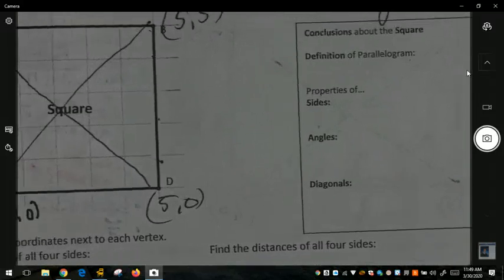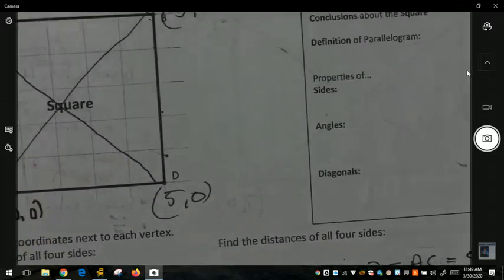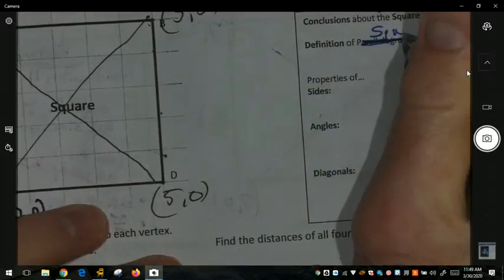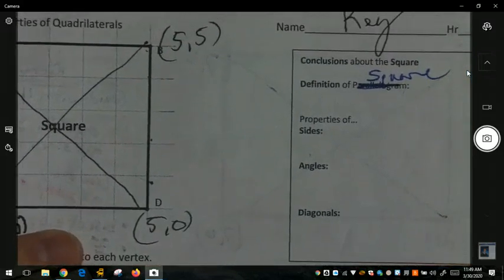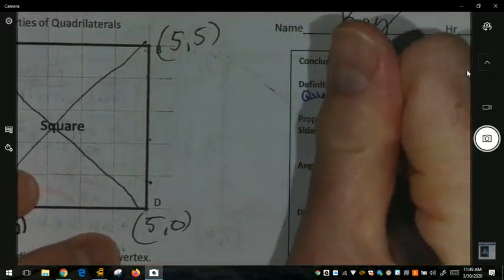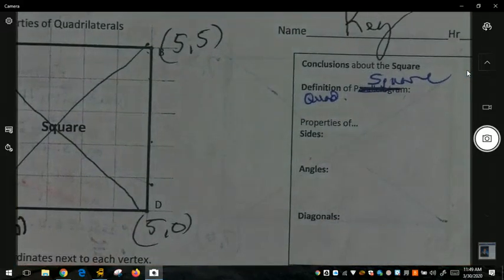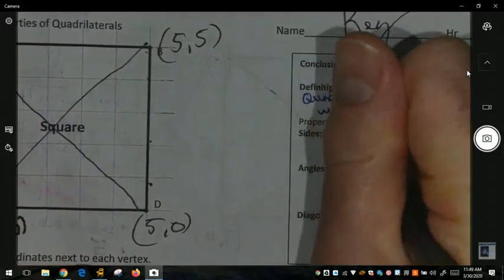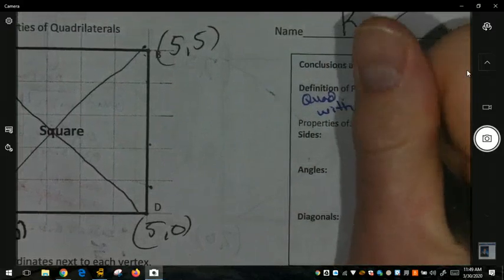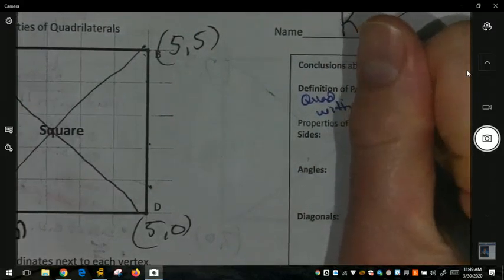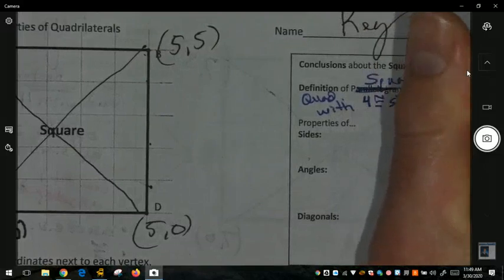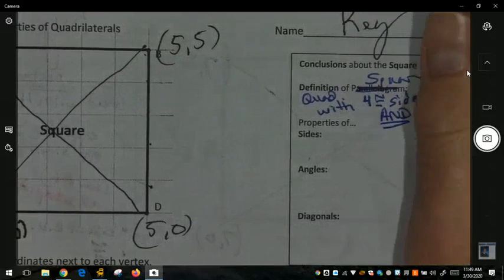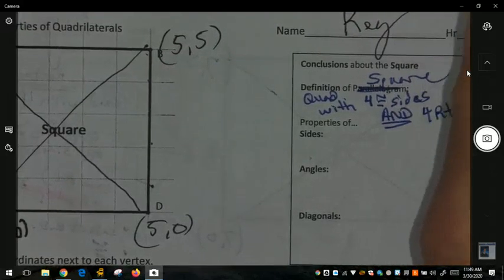We next move on to our square, and we're going to want to make sure that we change it to definition of square. And a square is a quadrilateral. It's also a parallelogram because we have 2 sets of parallel sides, as you saw in your calculations. But it is a quadrilateral with 2 things. It has to have 4 congruent sides, just like the rhombus,